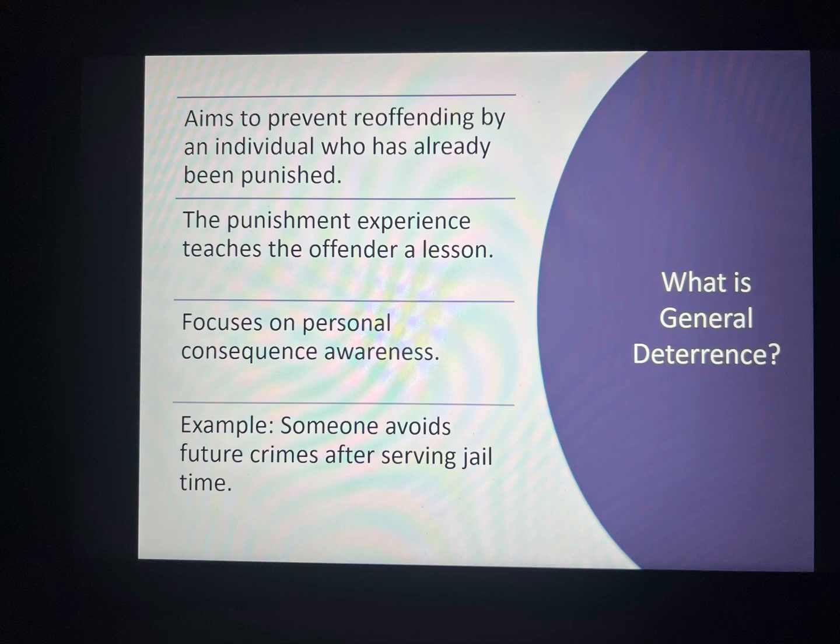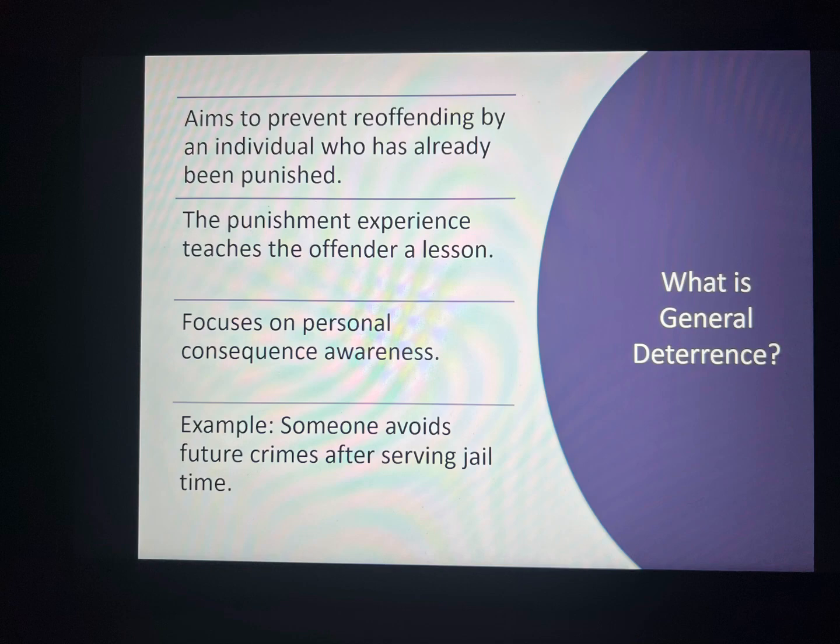Specific deterrence focuses on the individual who's already committed a crime. The goal is to teach that person a lesson so they won't reoffend. The punishment serves as a personal experience that discourages future wrongdoing. For instance, someone who serves jail time might avoid committing another crime because they do not want to go through